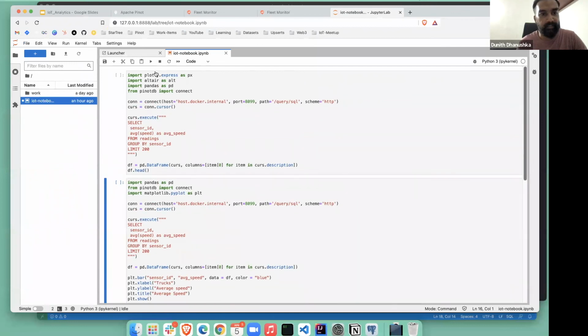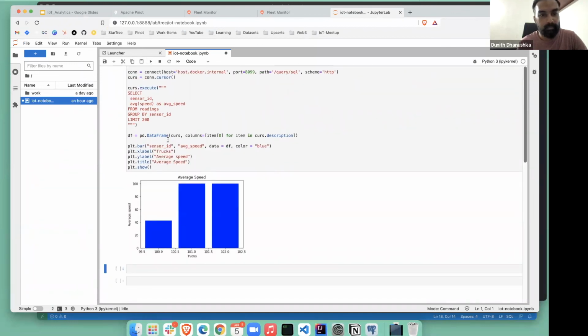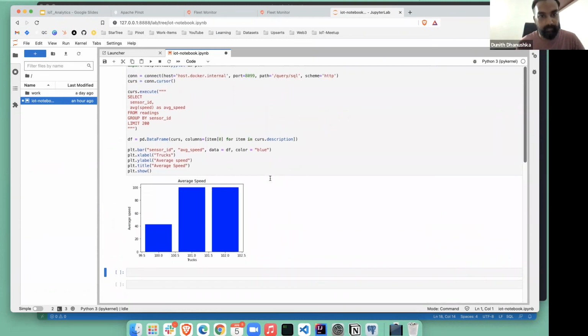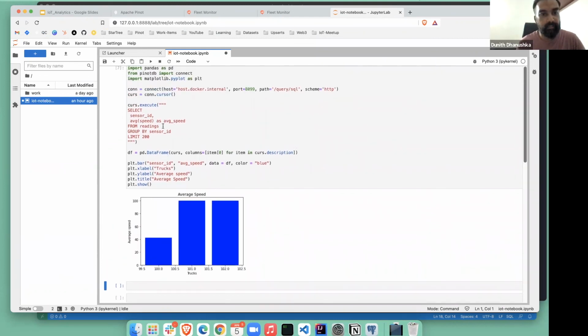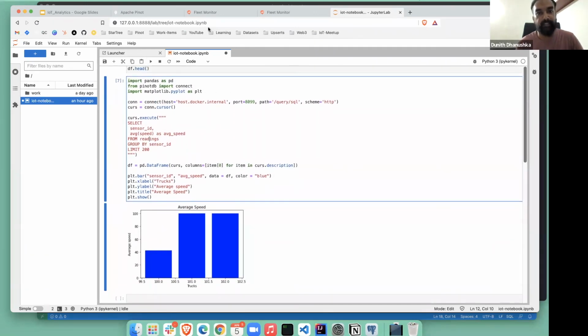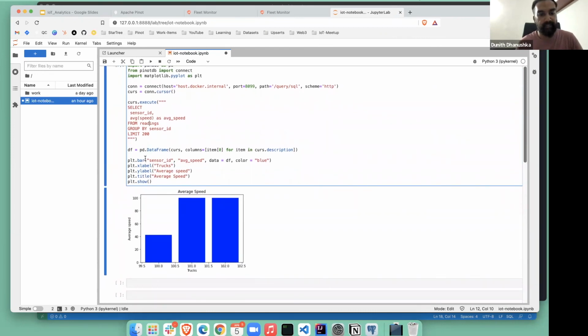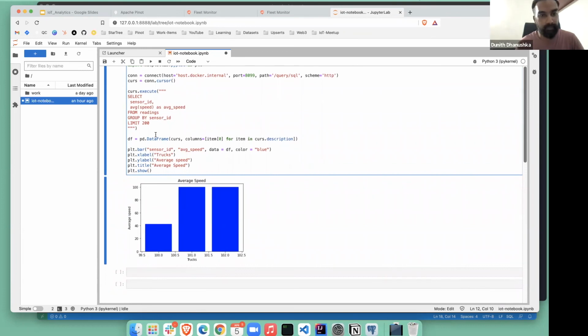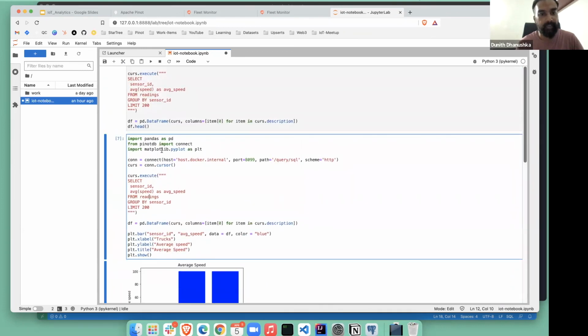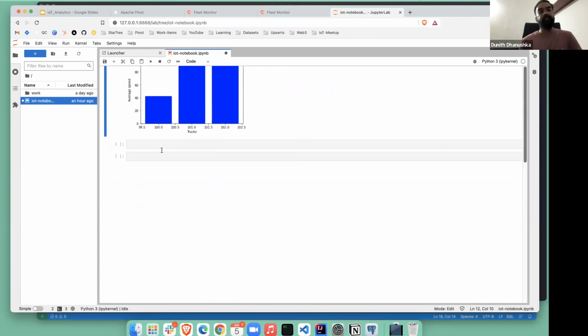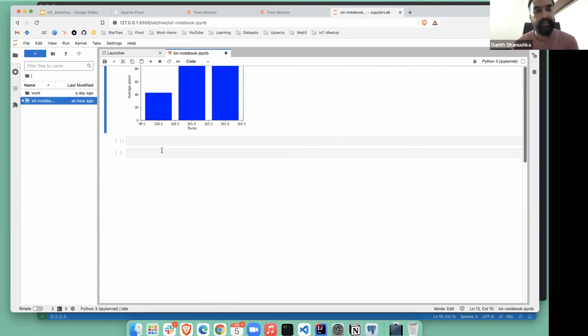So when I run this, this is basically the average fuel efficiency coming from the readings table. So the code is similar to what I have written in Redash. Only difference is the runtime is different. So I get the pandas data frame here, and then I'm passing it to my charting library called matplotlib. So likewise, you can slice and dice data stored in Pinot to meet your different expectations in real-time analysis.